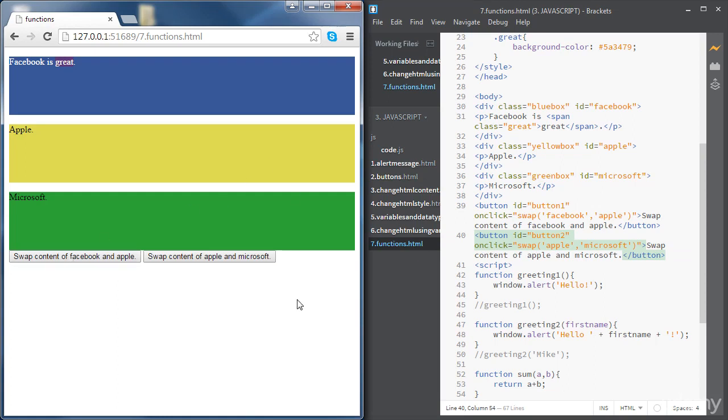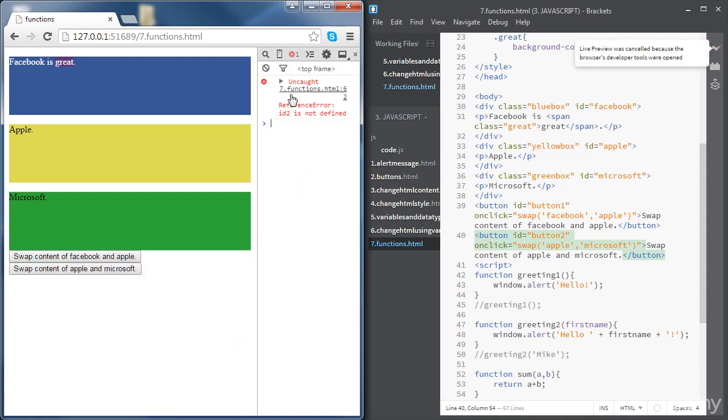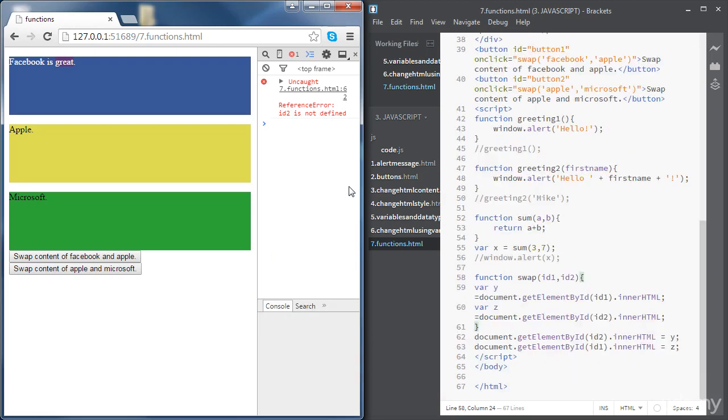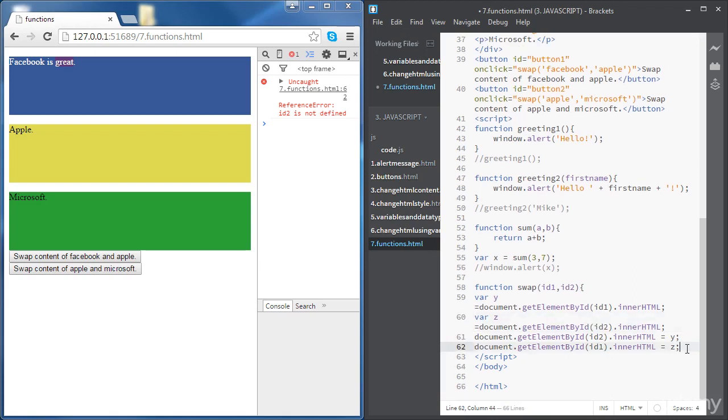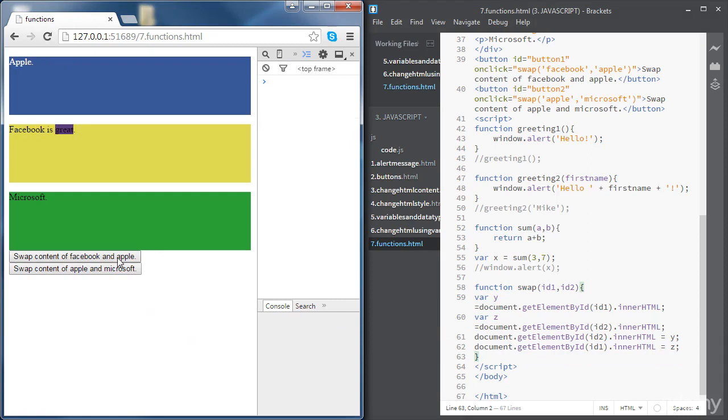Okay, it's not working. Something went wrong. So let's have a look at our console and see what went wrong. Okay, so basically we've got an error in line 62, and if we look at the function curly brackets, we closed the brackets here. We're supposed to close it at the end of the block of code, so it's supposed to be there. So let's try again and refresh the page, and now if we try,